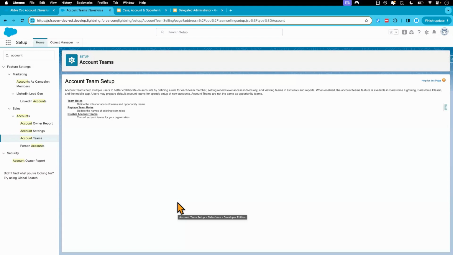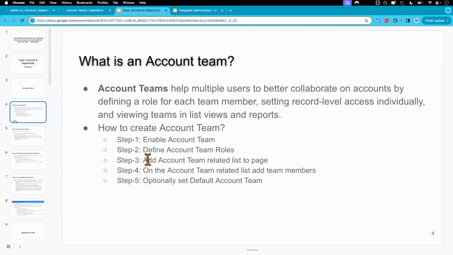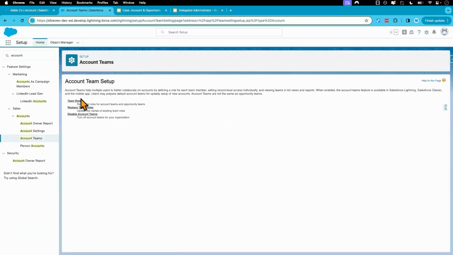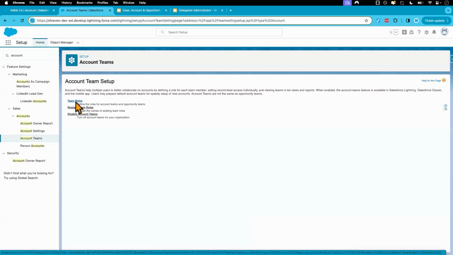All right. Then if we go back to our guide, it says define account team roles. Sometimes when you share the account record with other users, you can give them a role. That way you will easily be able to know with which role you're sharing the record. So if we go to this link and click on team roles,